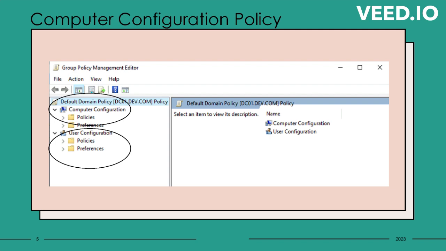User policies, on the other hand, are enforced for specific users. Therefore, it doesn't matter which computer the user logs in from, those policies will be applied. Accordingly, different policies can be set for different users. For example, you may have one computer system that 3 different users use. Using user policies, different settings can be applied based upon the user configuration policy set up for the individual user